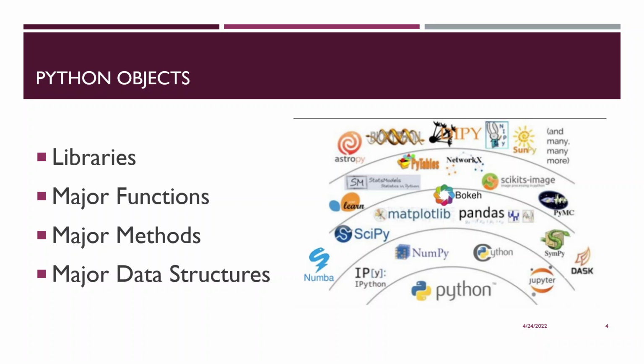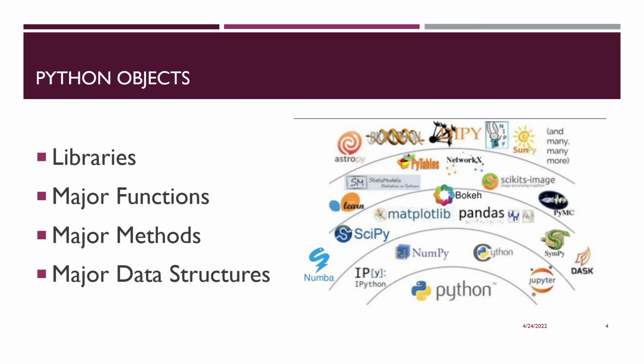From a Python perspective, we have a lot to think about. We've got our libraries, of course, as our starting point. Major functions that we use, major methods that we use, any major data structures that we use. You want to document those too. Again, it's just about creating some situational awareness around this,